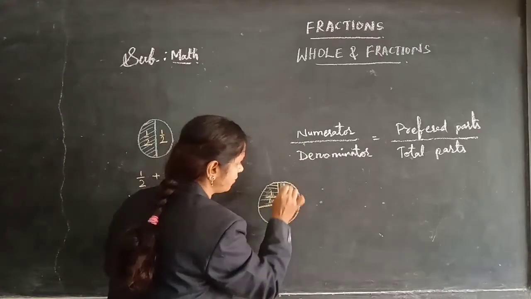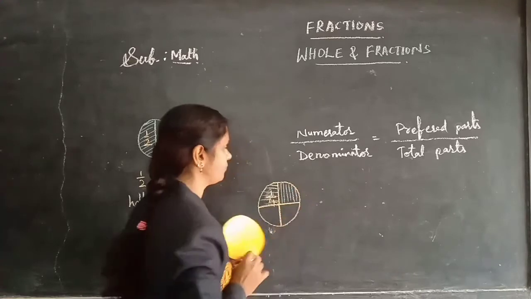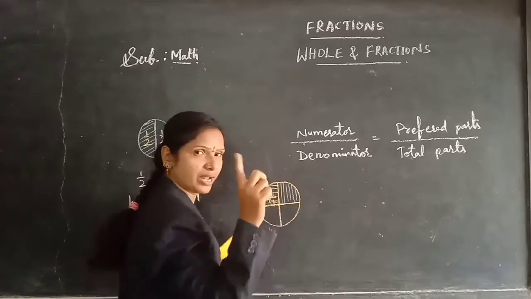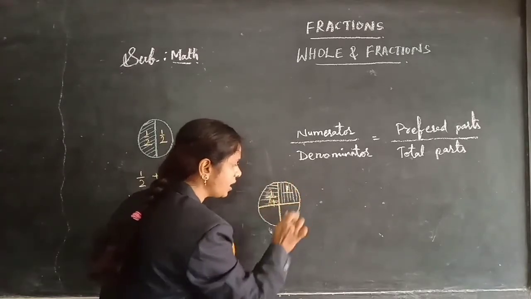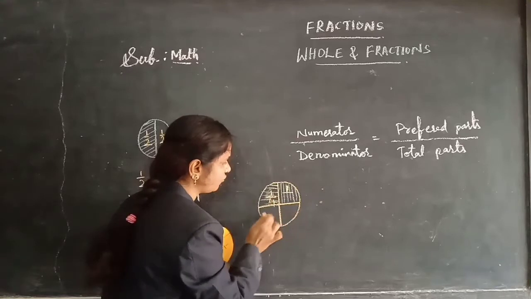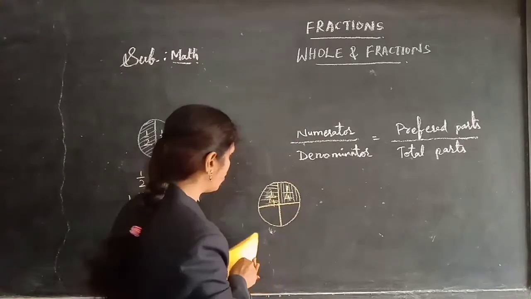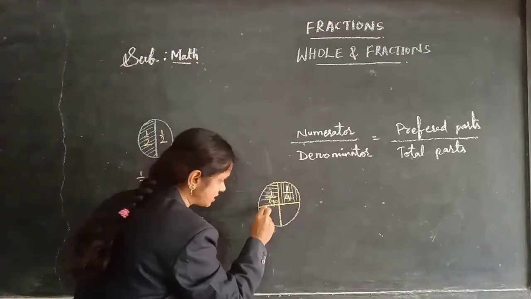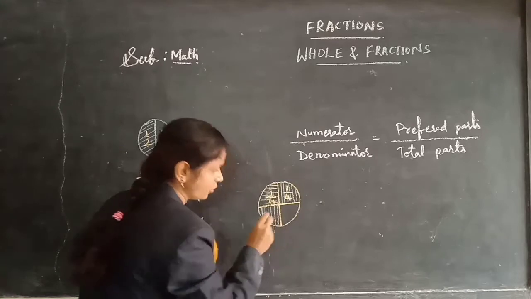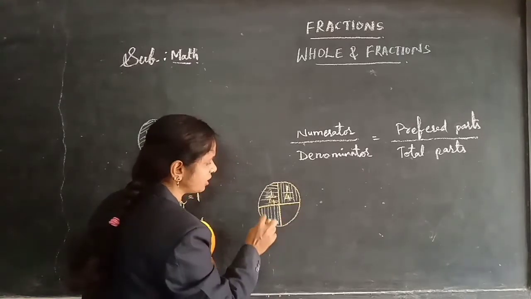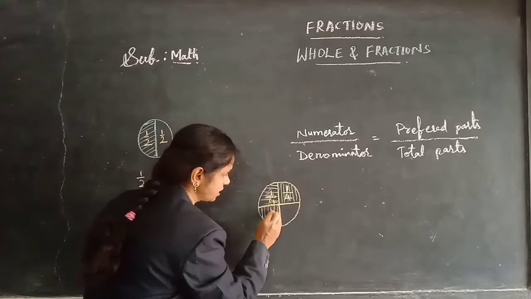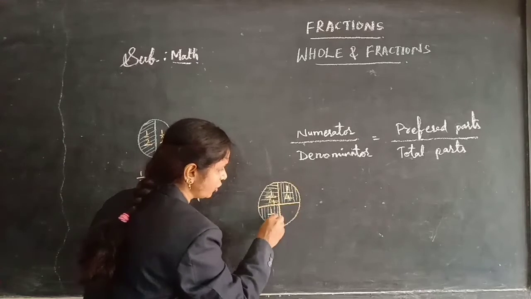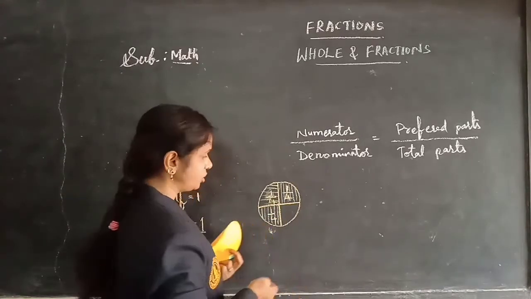Now I am preferring this part. See here, I am drawing in another way. So now I want the fraction for this part. This is only one part I am taking here, and again count the total parts: 1, 2, 3, 4. 4 parts. Now continue this here. I want the fraction for only this part which I am shading now. So how can we write the fraction? I want this part, so one part. Preferred part is this one, and total parts are 1, 2, 3, 4. You need to count shaded parts also while you are counting the total parts.